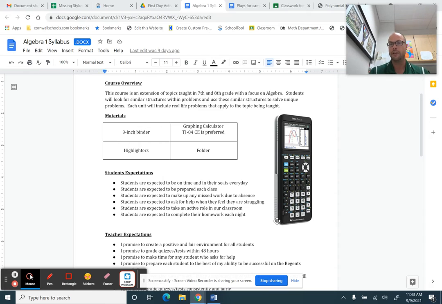For all of my classes, there is no textbook. Now, for some parents, especially those of you that are oldish, you might be so used to having a textbook for a math class, being able to look back at examples and things like that. Basically, what we did here in Cornwall is we hated every textbook that was out there, and we basically created our own, if you think about it. So every unit, the students get a workbook, the notes are in there, the homework assignments are in there. It's basically better than a textbook. So if you're confused about that, just let me know. But everything they need is right in that book.